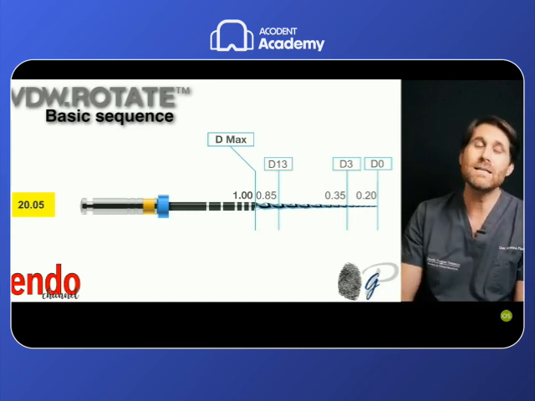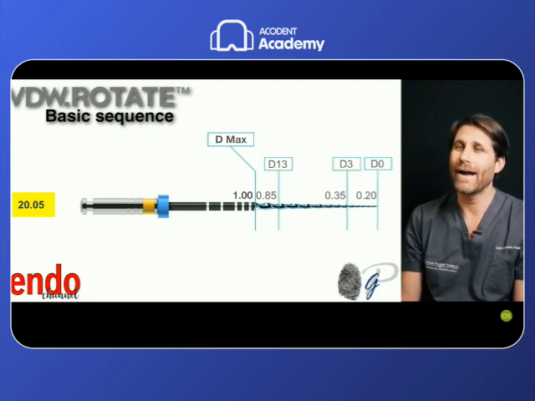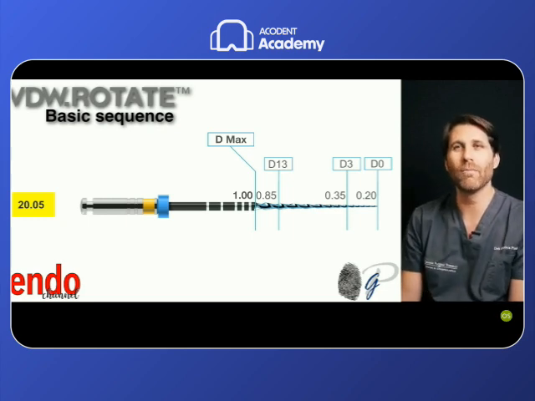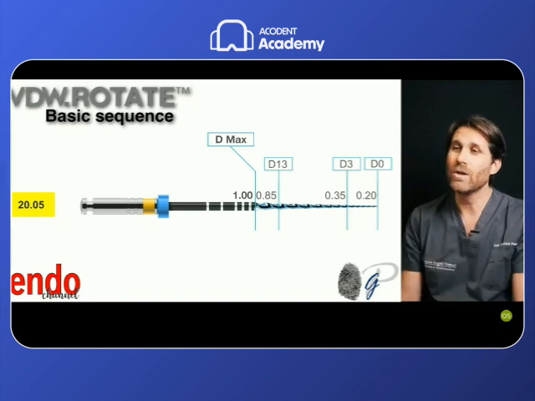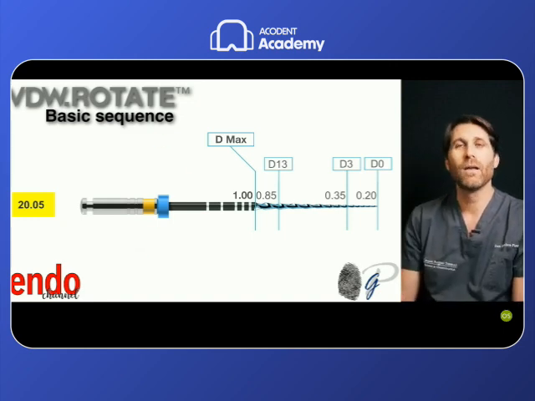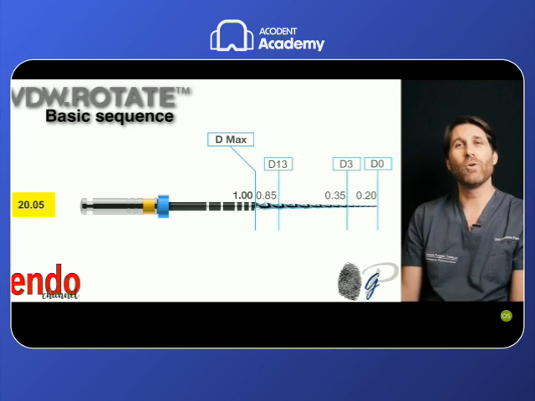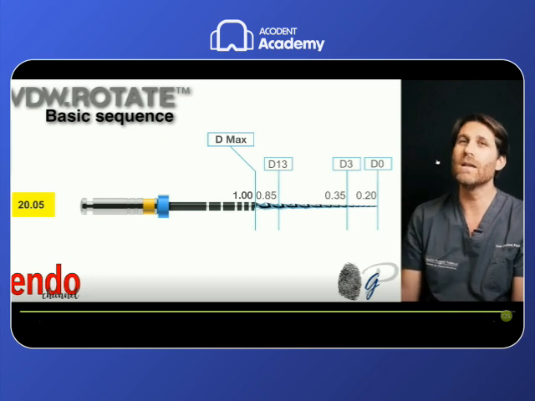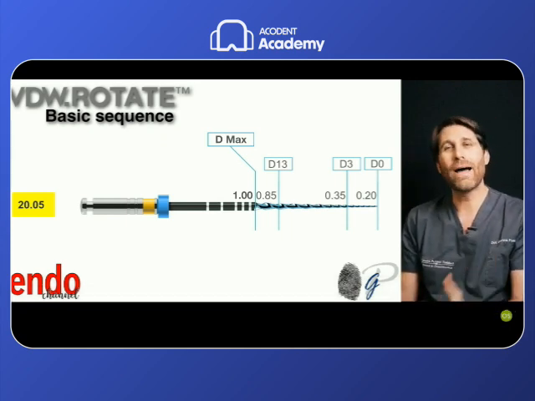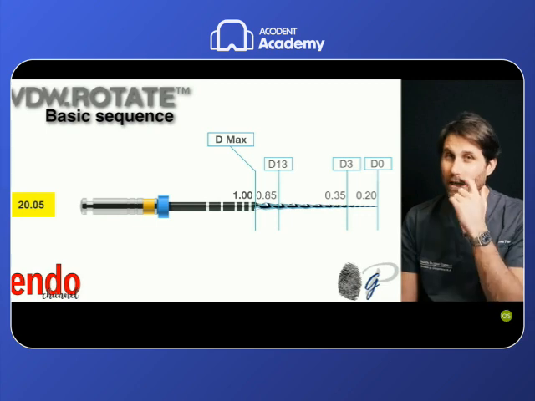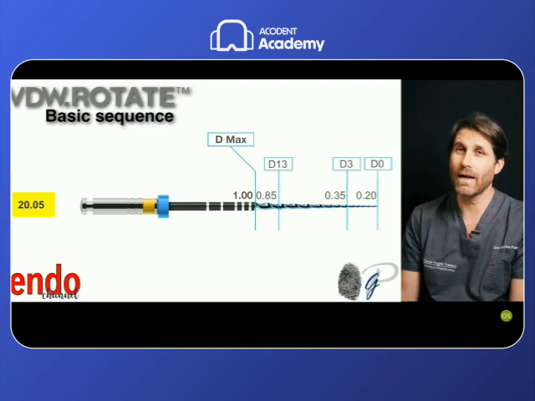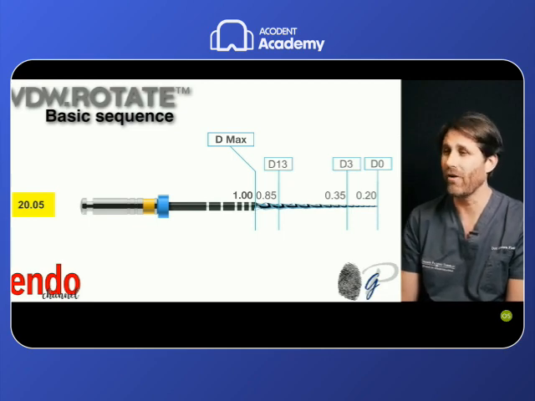This is a rotary file, but as I usually do, I use this file in reciprocation with specific reciprocating motors, because the motor in which this instrument should be used has a reciprocating movement for the Reciproc that cannot be used for the rotary file. So we need a motor for applying reciprocation in the clockwise direction, rather than the counterclockwise reciprocation that we have for the Reciproc files.